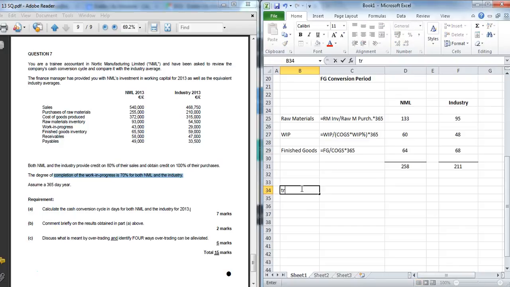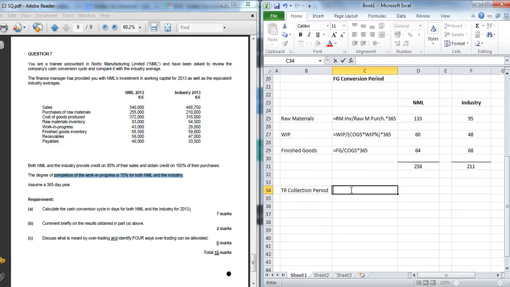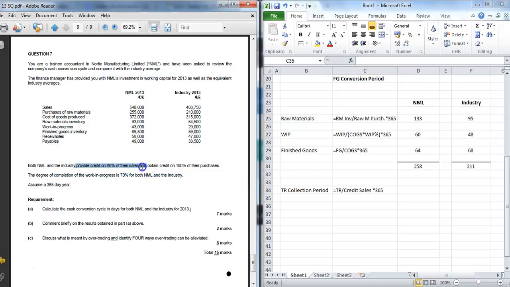The final two then are your trade receivable collection period, which again you can call trade receivable days. That's essentially trade receivable over credit sales times 365. So it is always over credit sales. If you're not told anything about what percentage are credit, we typically use the full amount. We are told specifically in this question 80% of their sales are credit. Therefore the formula is going to be